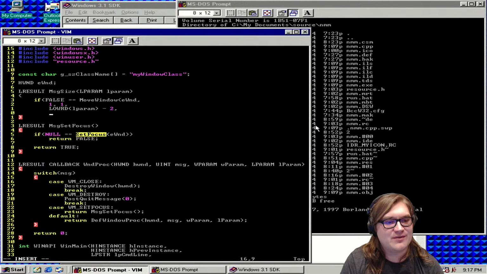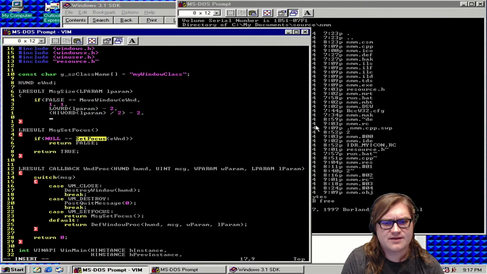Oh, width of the parent window. Oh, okay, interesting. HIWORD lParam. Oh, divide by 2. Then we gotta go back to the beginning of the line. Divide by 2 minus 2. And that's half the height of the parent. Oh, because this was... Okay. We're gonna go with this because this is what the example has. But,